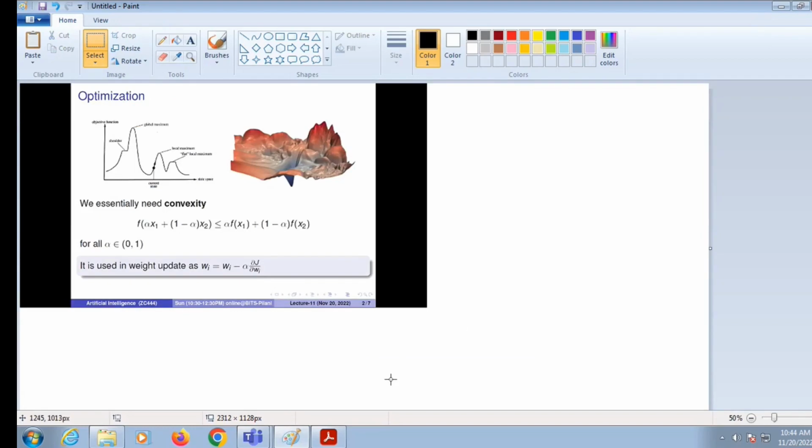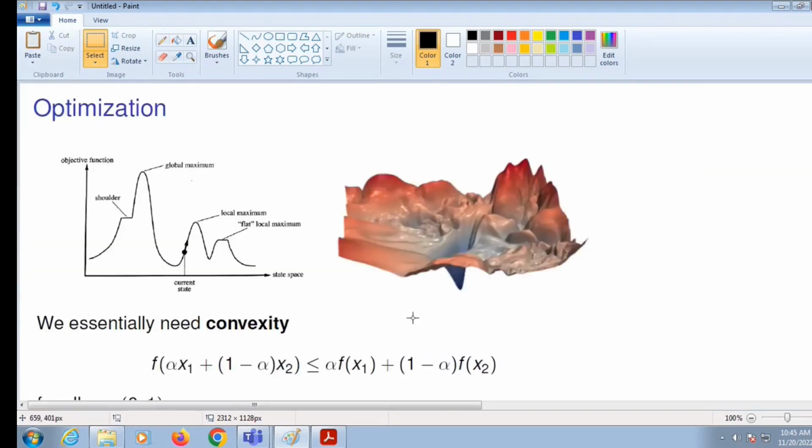So here in this slide, optimization means there are some scenarios where multiple solutions are possible. Okay, there are some scenarios where only a single solution is possible. For example, if I give you what is 5 plus 3, there is a single answer that you can give me. Okay, but if I say something else,